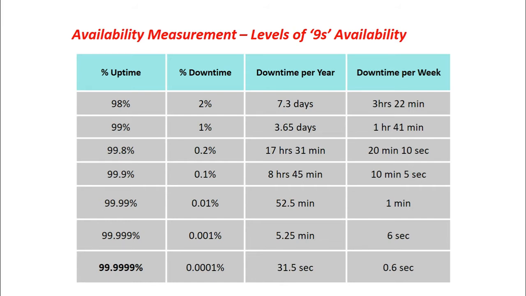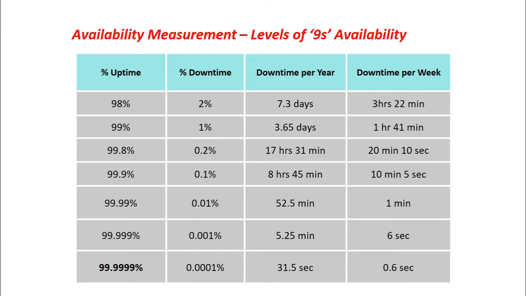So organizations typically try to keep their downtime as little as possible, and they try to keep their uptime as high as possible in terms of nines. This is called the 5-9 representation, this is the 6-9 representation, and so on. So the systems should be up and running most of the time, and the downtime should be as little as possible. This chart represents the information availability, that is availability percentage and allowable downtime. This is called the nines representation. It lists the approximate amount of downtime allowed for a service to achieve certain levels of nines availability.